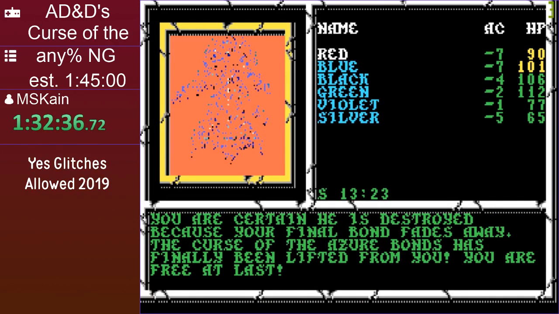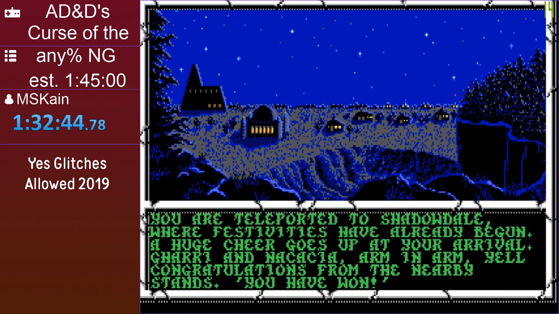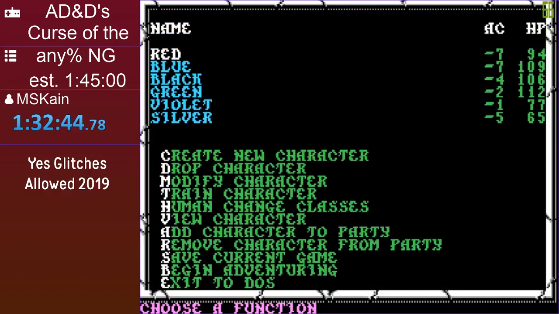And then the Knights of Myth Drannor bust into the room in the next cutscene. They take us to a feast, and time is when the final text box appears saying, "You have won." Which is going to be now, time. And that...